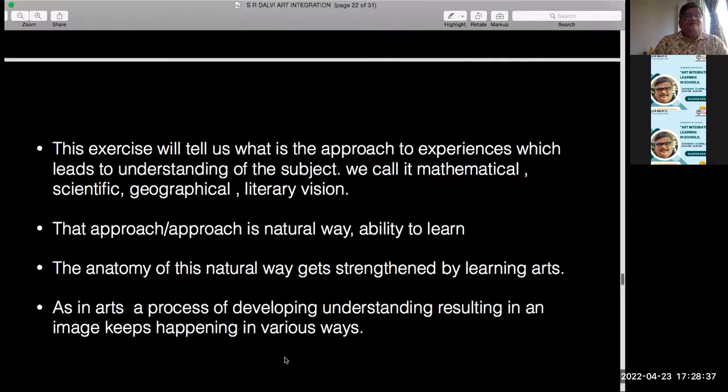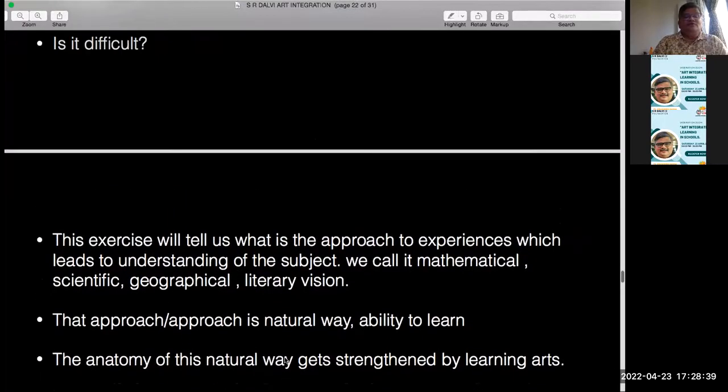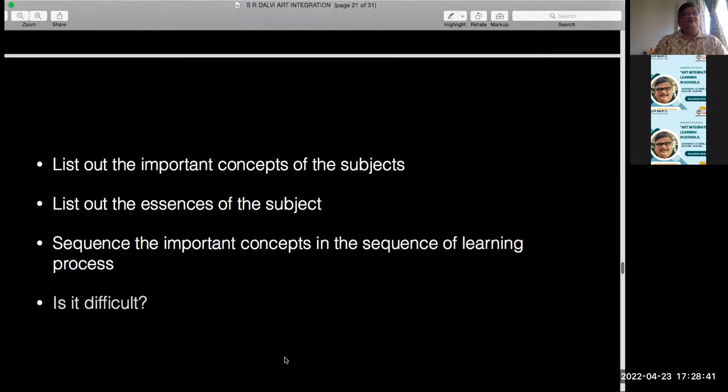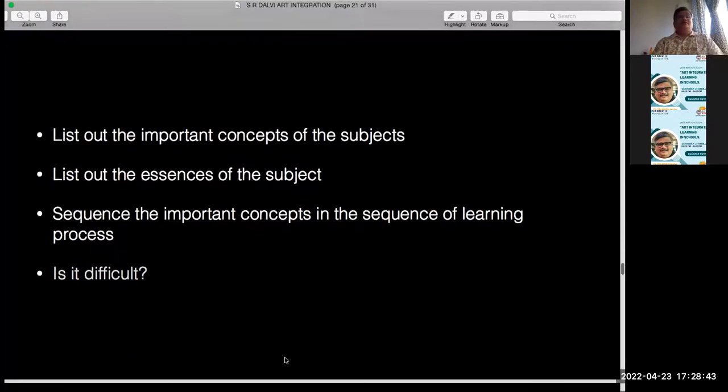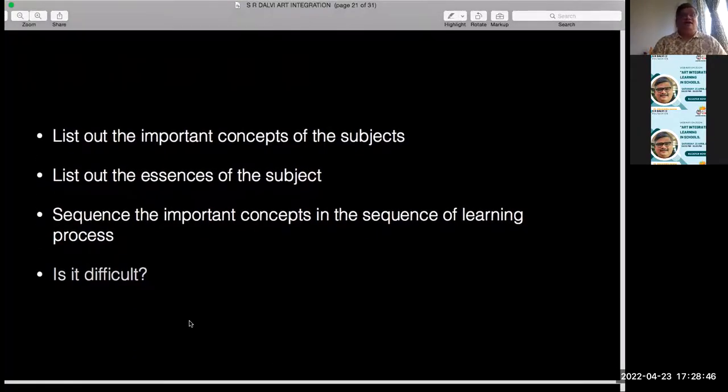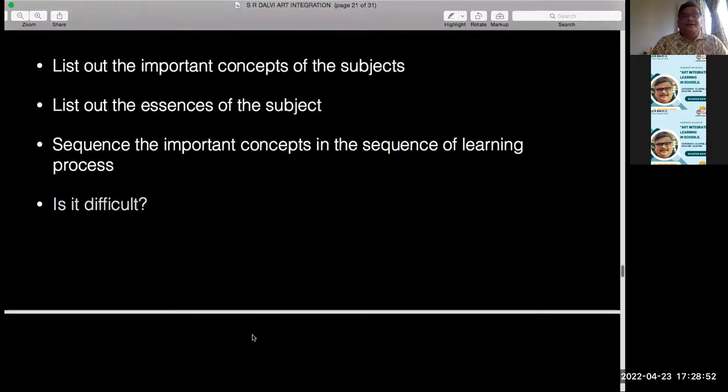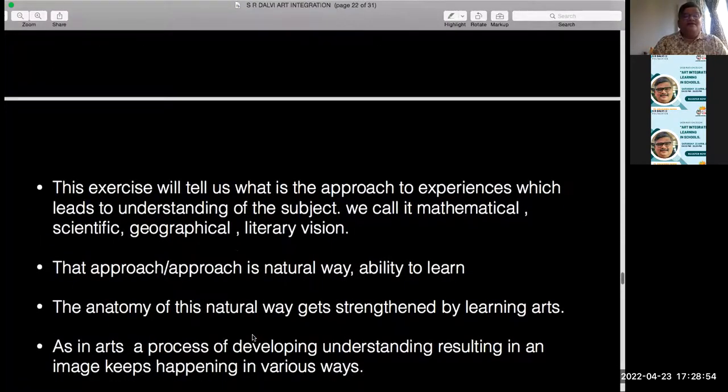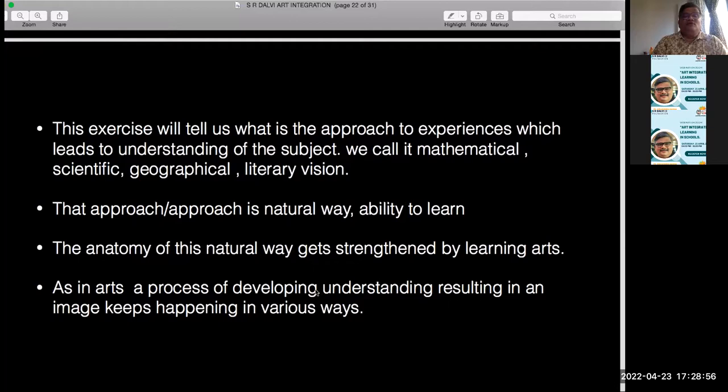This exercise, I hope all of you are still doing. Are all of you done with it? Shall I go ahead? Hello. Okay. The purpose of the exercise was